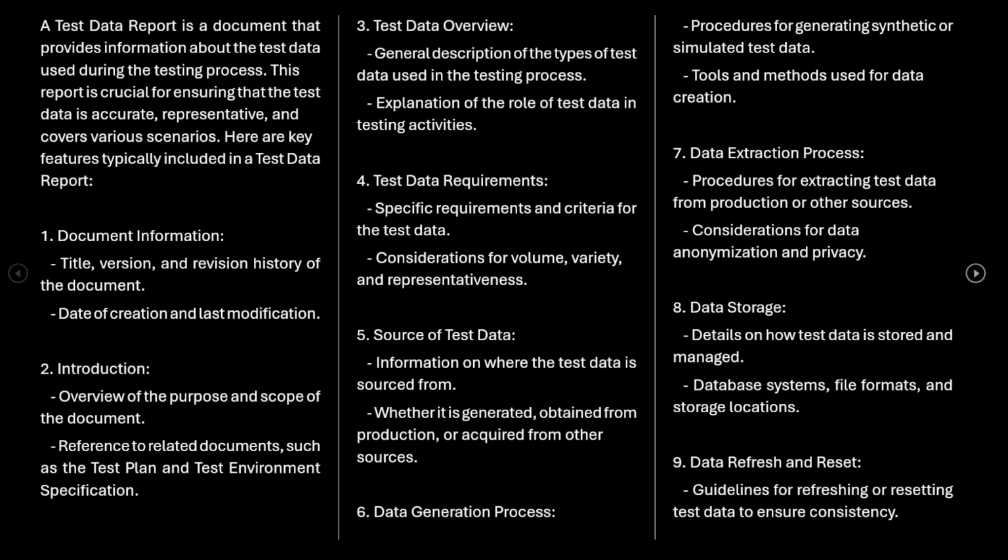Document information: title, version, revision history of the document, date of creation and last modification. Introduction: overview of the purpose and scope of the document, reference to the related documents such as the test plan and test environment specification. Test data overview: general description of the types of test data used in the testing process, explanation of the role of